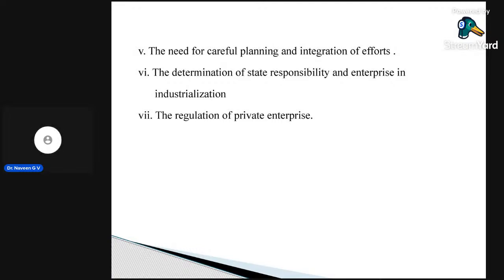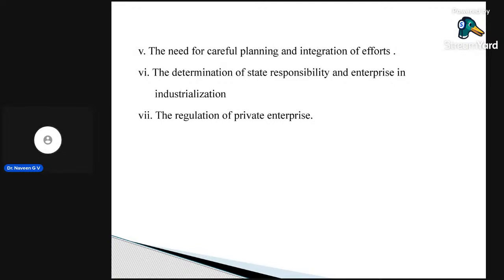Economic environment, just as I told you: define economic environment, explain the nature and scope of the economic environment or economic factors. Give an account of NITI Aayog. You may expect questions on NITI Aayog, its claims and counters, and the agenda for the future. You should know about this. These are all important from the examination point of view. And liberalization and globalization: what is the meaning of liberalization? We should know about this, and you may expect questions related to it.